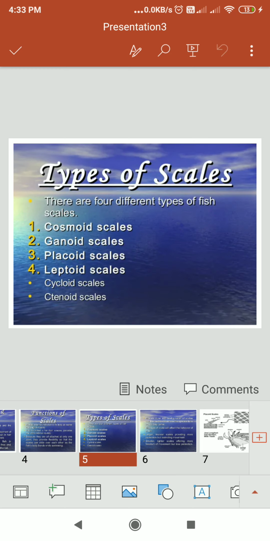So if you are going to see the types of scales, there are different types of fish scales which are present: the cosmoid, ganoid, placoid, leptoid,